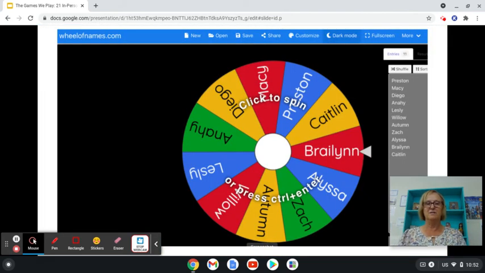Okay, so I love the Wheel of Names. It is literally called wheelofnames.com. At the beginning of class, if I don't do the circle activity, I sometimes do this one. We just spin the wheel, and whoever's name appears has to answer a question from me. I can also have my students go up to the board and spin the wheel to involve them. This wheel is very cool because you can add music, and you can save your class if somebody's absent. So let's say Caitlin didn't come today, we can just take her out.